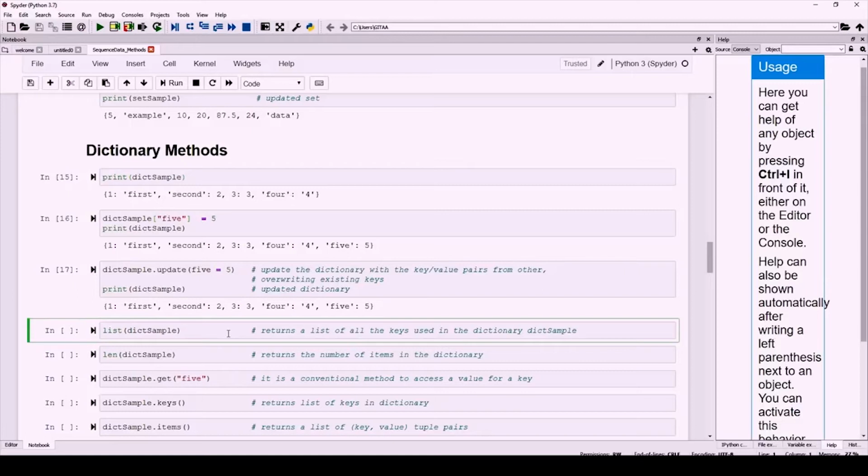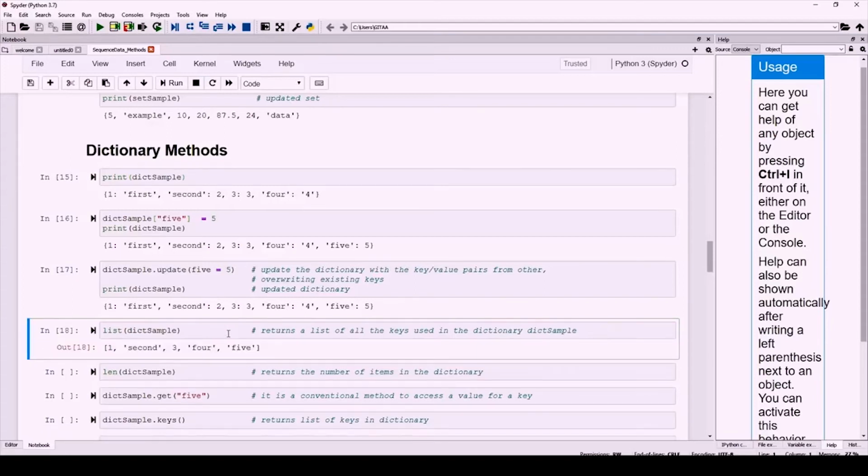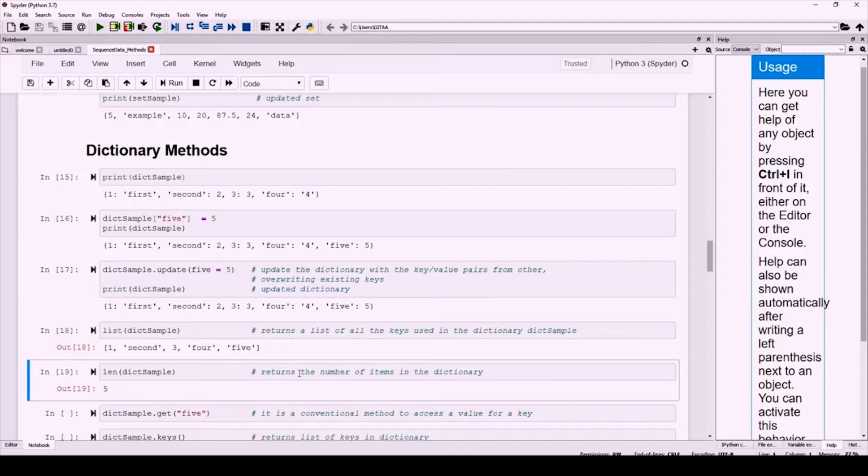But once you have created the dictionary, you will be interested in seeing the list of keys that are present in the current dictionary. So if you use list it is going to give you all the keys from your dictionary. And if you want to know the number of items in your dictionary, then you can just use the same len function which we've already used.